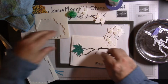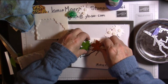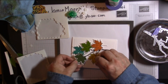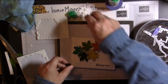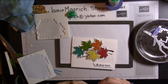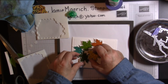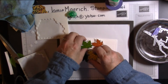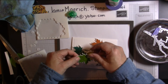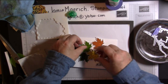Okay. Now we want the dark green. Light green will go there. Orange will go here. Yellow goes here. The dark green will go here. So we're just kind of arranging them. And we'll start with the ones that are underneath. Okay. And they are going different directions. So